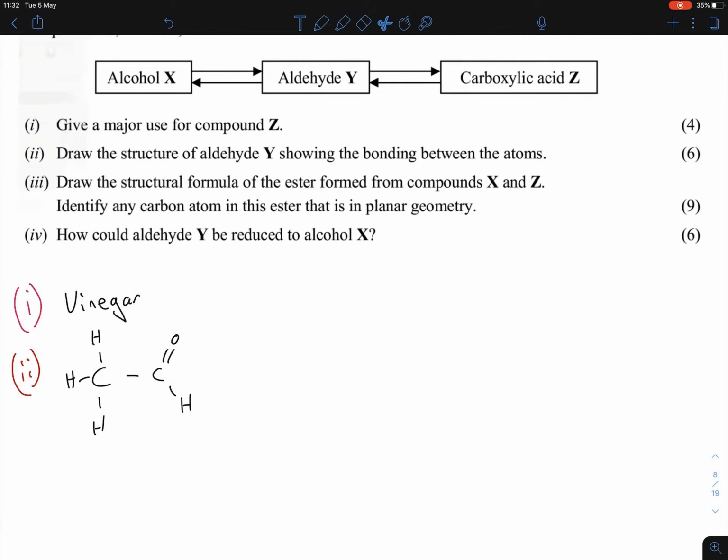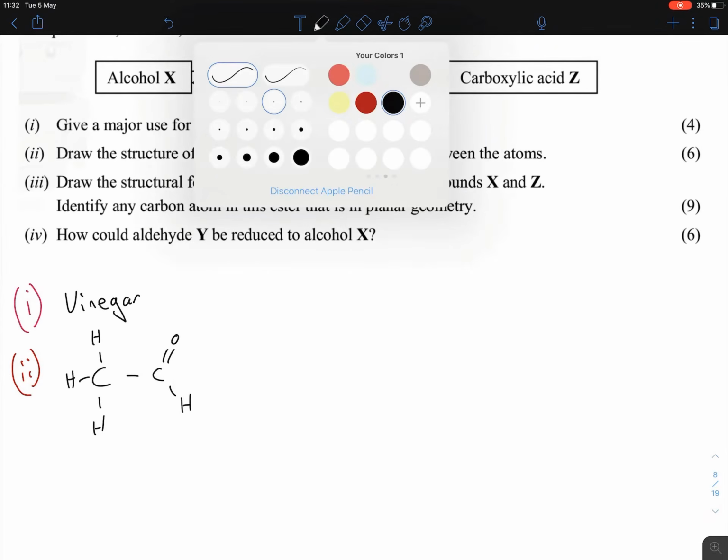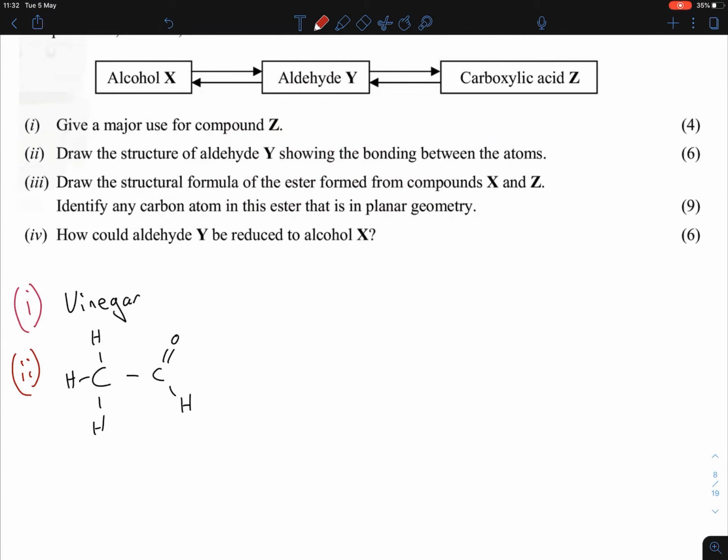It's completely up to yourselves which way you have it. So don't worry about not having it in an angle. You'll see in exam papers, they don't always put it in an angle. So look, that's drawing the structure of the aldehyde Y. Fine. Okay, and part 3 there states to draw the structural formula of the ester formed from compounds X and